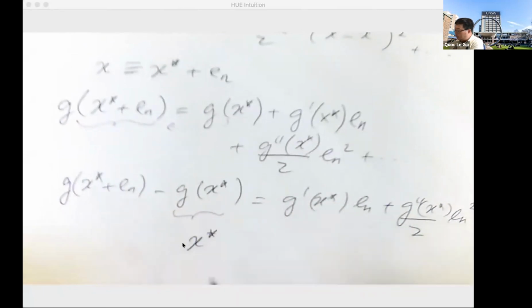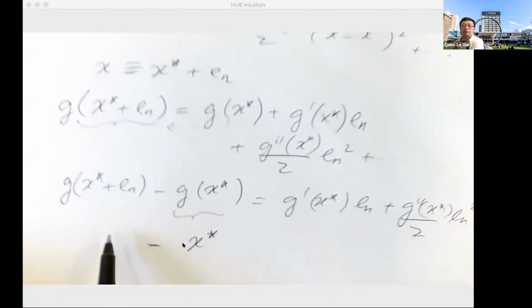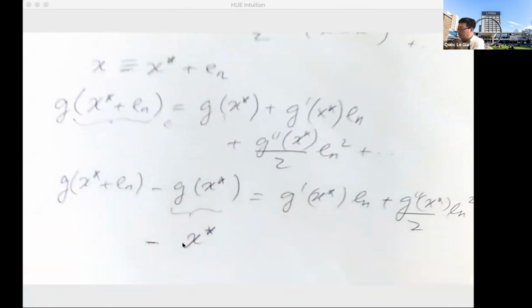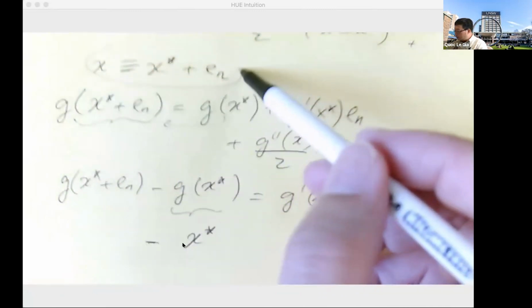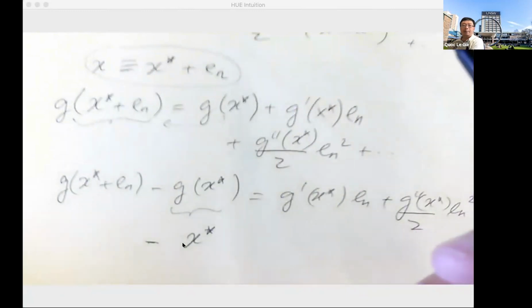And what is x star plus en? It equals x in this case, but actually